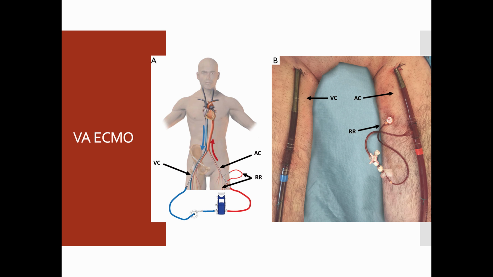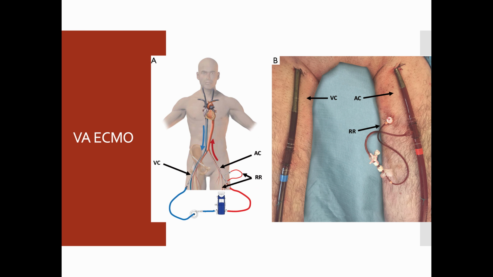So the way this device works is that we put in the VC, or the venous cannula, and that venous cannula goes into the femoral vein here. And then we have the arterial cannula that goes into the femoral artery. And those devices then are hooked up to the ECMO device, and it pulls out the venous blood, and the blood is oxygenated and propelled through the arterial sheath back into the